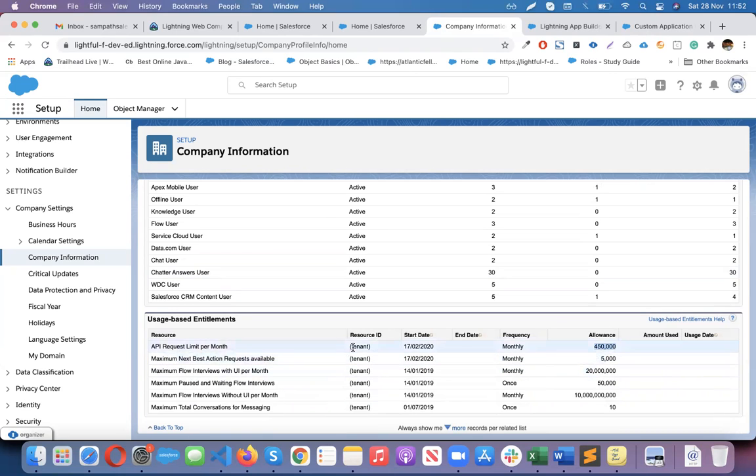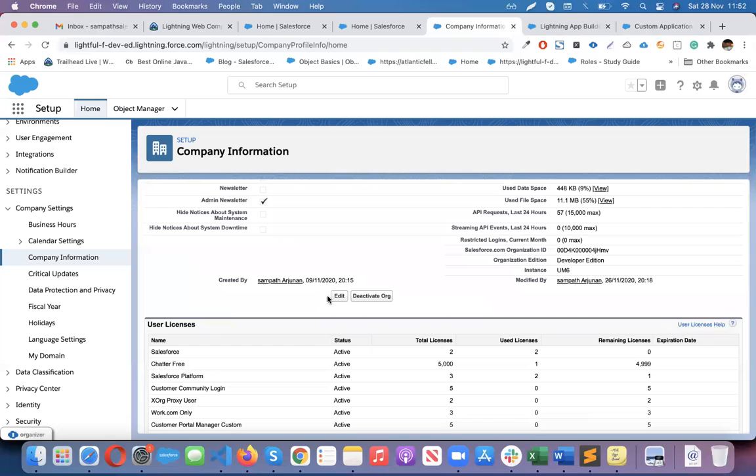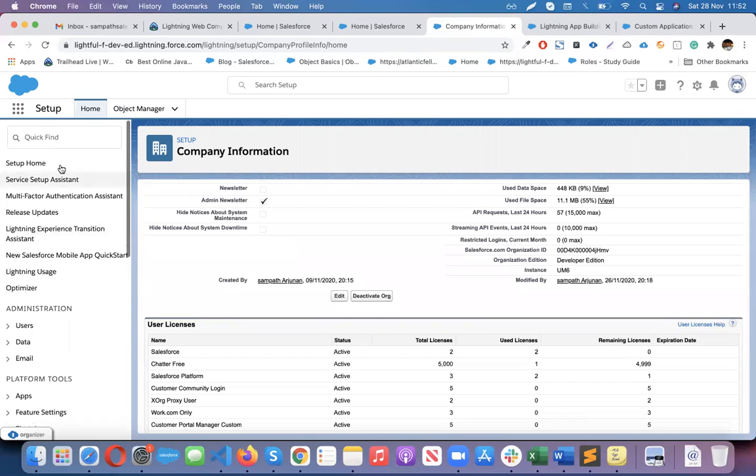And maximum next best actions. So these are all the usage. You can see it within the company information. And if you want to see the storage information, how many records we stored, what the storage details are, simply search for storage